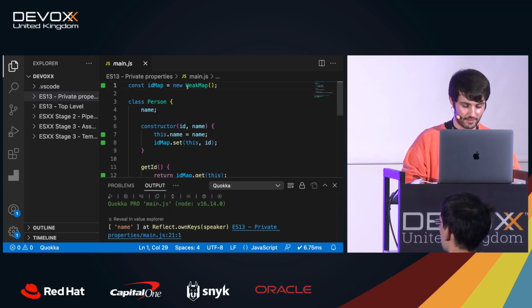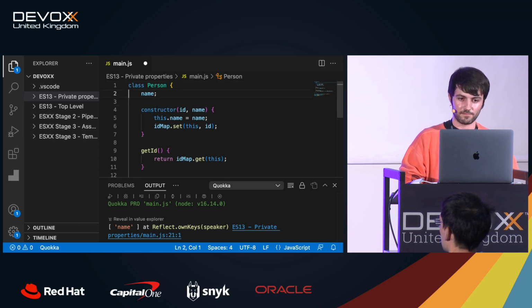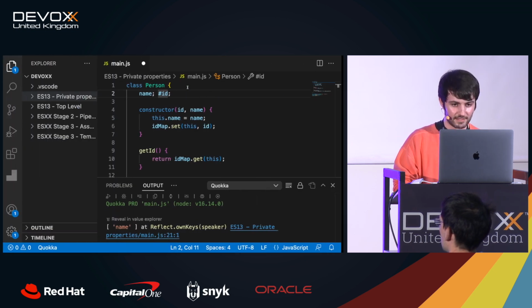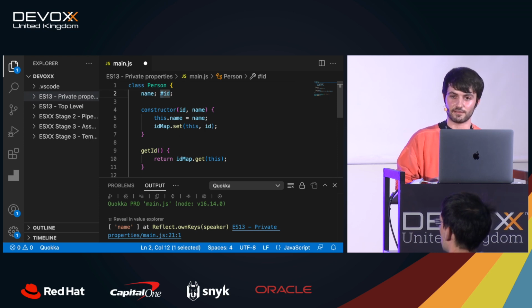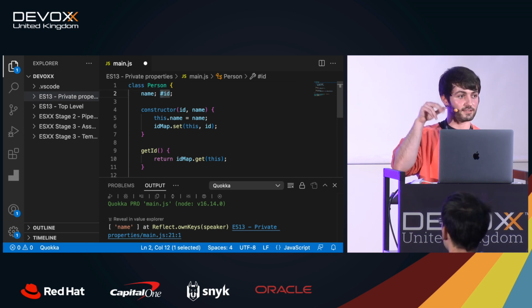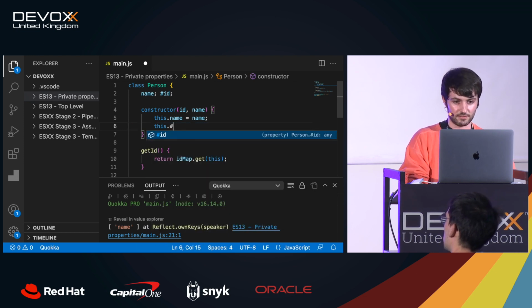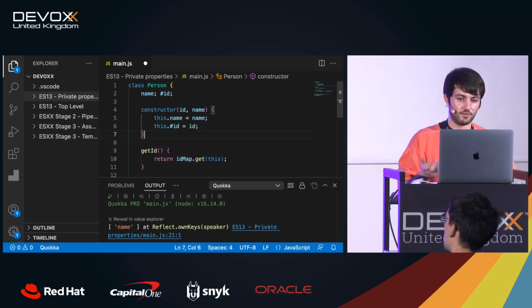Now, with the addition of private properties, it's as easy as, boom, congrats, you have your first private property in JavaScript. All private properties are defined with the hash at the beginning, and then you can access the property as easily as doing this.#id.